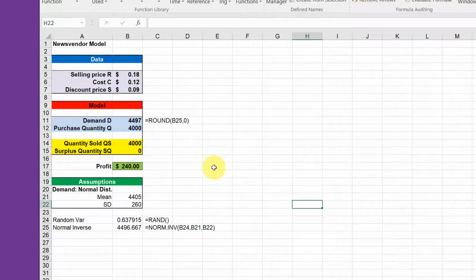Now here, what I've done, and I like to do in my model, is build my random variables outside my model and then link to them so that it keeps my model fairly simple. The only thing I've added, you can see here I've linked down here to B25, which is this output of the norm inverse. I wanted to round that because we can't sell fractional newspapers. And I used the ROUND function to 0 decimal places to turn that fractional value there of 4496.67 into a discrete value. And you can see as we recalculate this